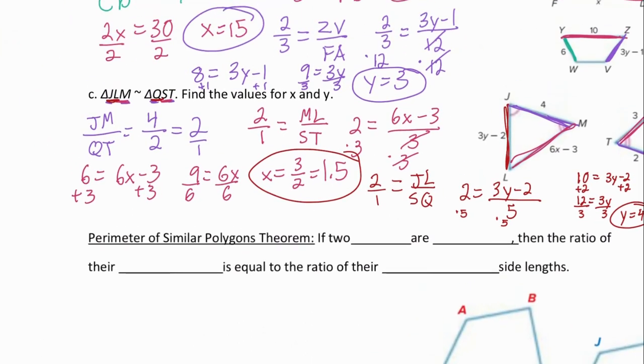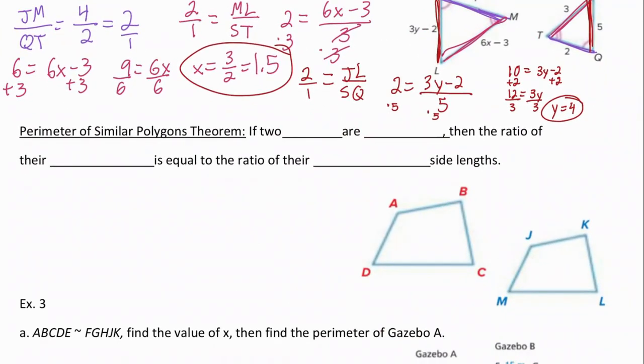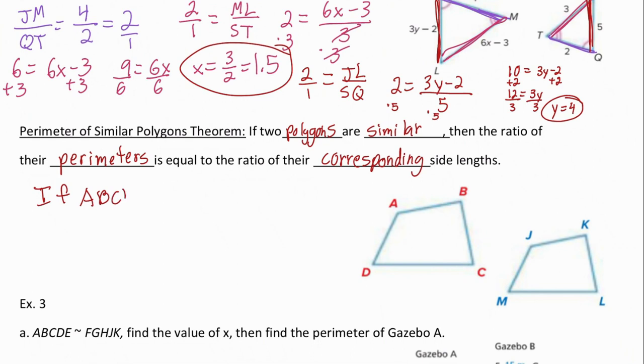So the perimeter of similar polygons theorem. So if two polygons are similar, then the ratio of their perimeters is equal to the ratio of their corresponding sides. So if we're looking in this picture, we can say, okay, if this figure ABCD is similar to this figure JKLM,